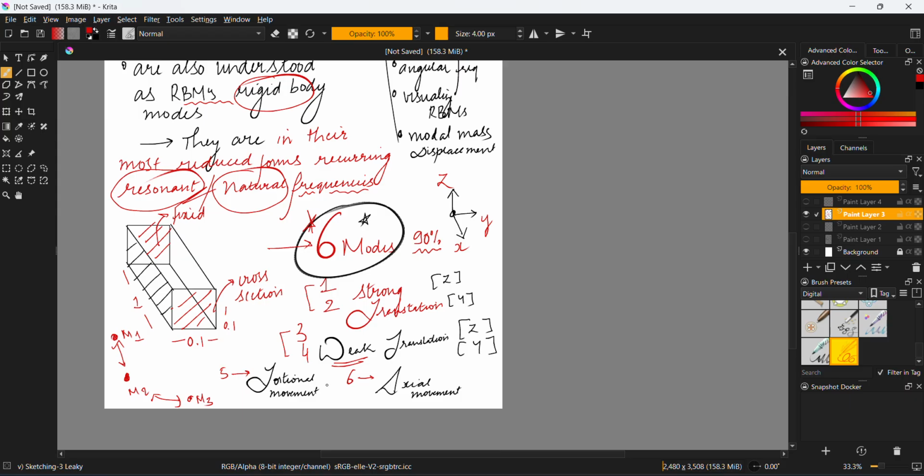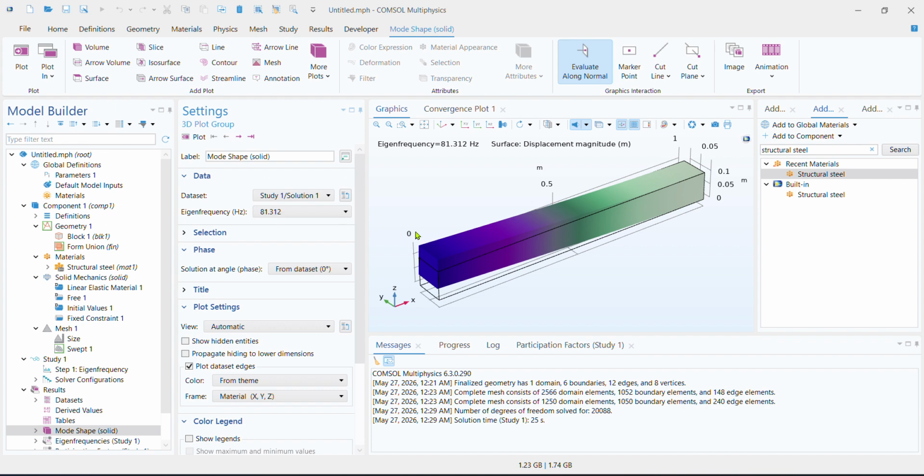Then I told you that the third mode, that's the fifth mode, is going to be torsional in nature. It's going to twist. And the last is going to be an axial movement where it compresses or it expands, right? Now you see, this is the first mode, and you see that these frequencies are repeating. And the reason the first two, the third and fourth are repeating, we call this phenomenon modal degeneracy,